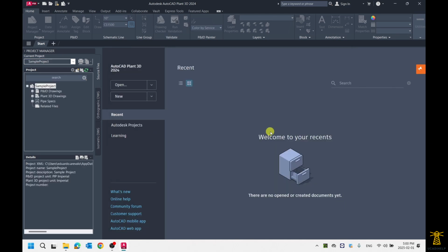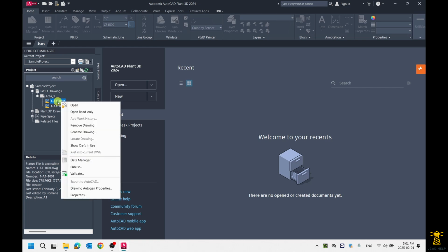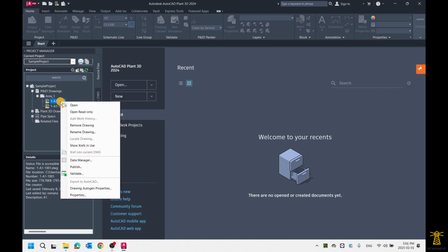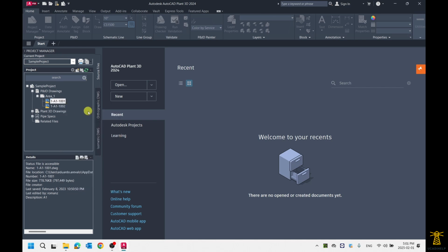So now that we have the project open, we're going to click here in P&ID drawings, select Area 1, and then select this drawing, and we're going to right click. Also, please notice that when I right click, it changes the color. It's important for you to realize that because sometimes when I left click, the color doesn't change. So when I right click, it's going to turn red. So right click and then click open,